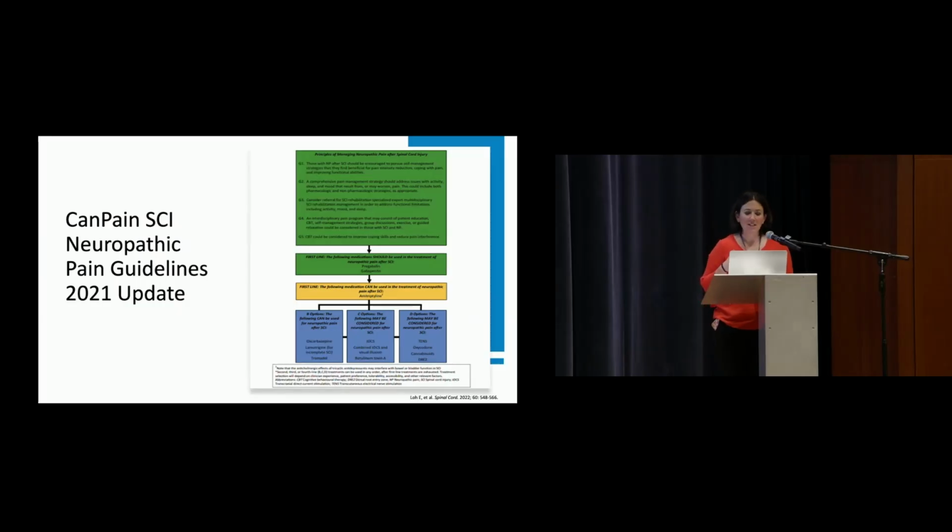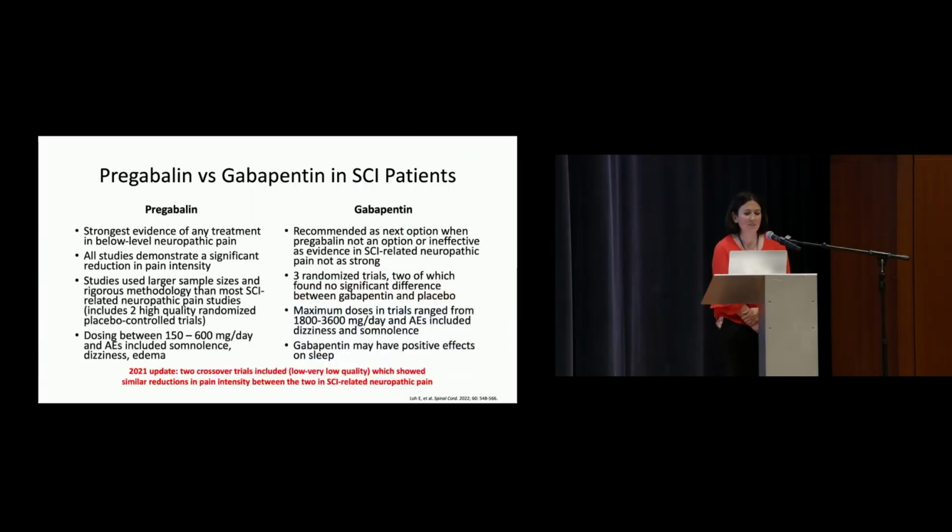And then in the blue boxes there, they gave equal level recommendations across the board for the things listed in those boxes, but they did feel that it was important to segregate them out based off of evidence for use and into different boxes. I get asked a lot about pregabalin versus gabapentin, which one's better? Pregabalin does have currently, for spinal cord injury specifically, the strongest evidence for any treatment based off of probably better randomized control studies. And gabapentin, also a first-line option. Some patients respond very great to either one.